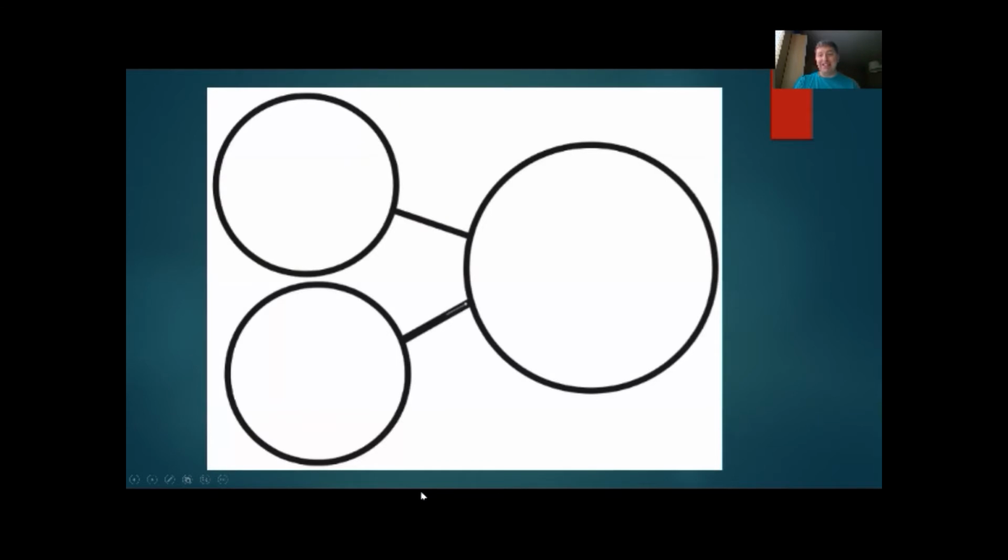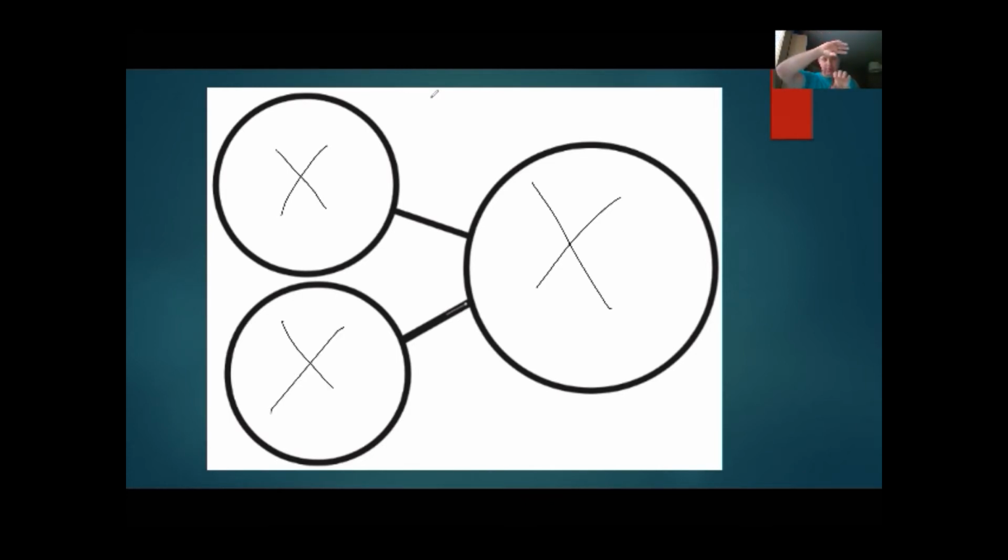Let's review what a number bond is. A number bond is these three circles or other three shapes. Two of those shapes are connected to the big circle with pathways, these lines right here. Okay? This circle is the whole circle. That's for the big number, okay? And then these two little circles are the part circles. So two little numbers live in the part circles, and then they walk to the whole circle and come together,